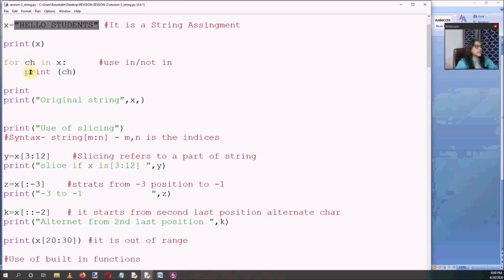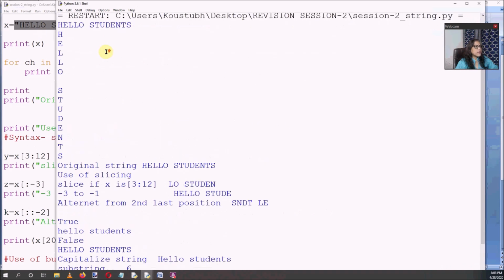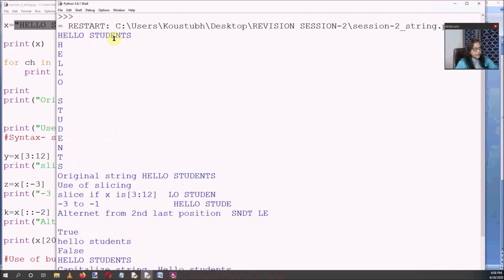I will run this part and show you how the result prints. Hello students is printing on the same single line.